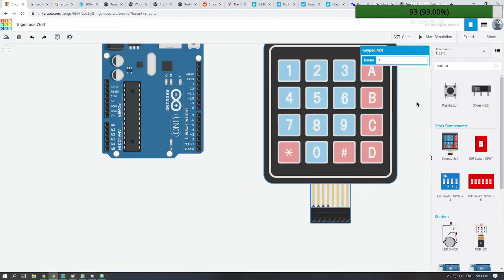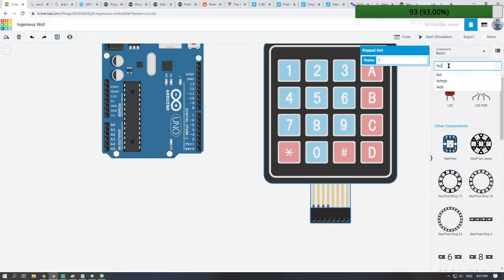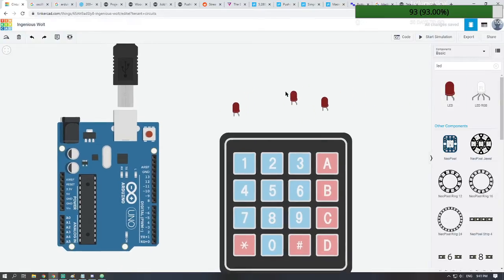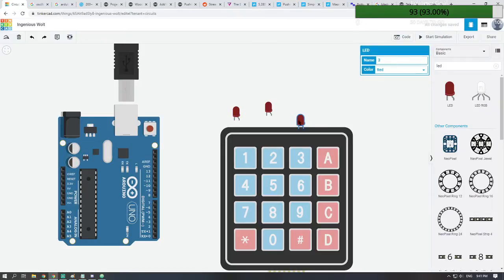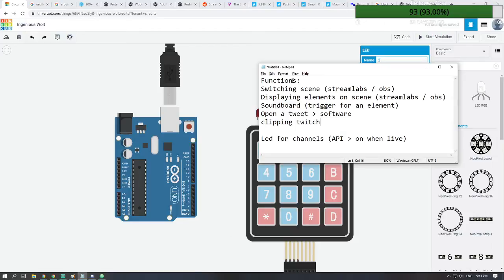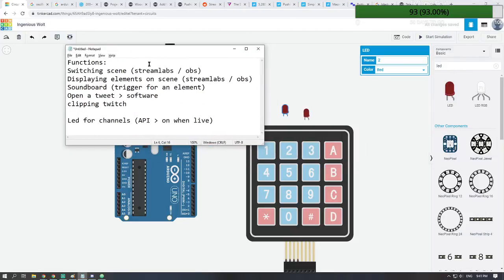I will connect it up, and I would even add some LEDs, probably about 3 LEDs on it, and we give our keypad or Stream Deck a lot of different functions, which can be things like switching a scene in Streamlabs, which I now have to do manually. It could be displaying an element, which would be as simple as, for example, displaying or hiding the follower goal,